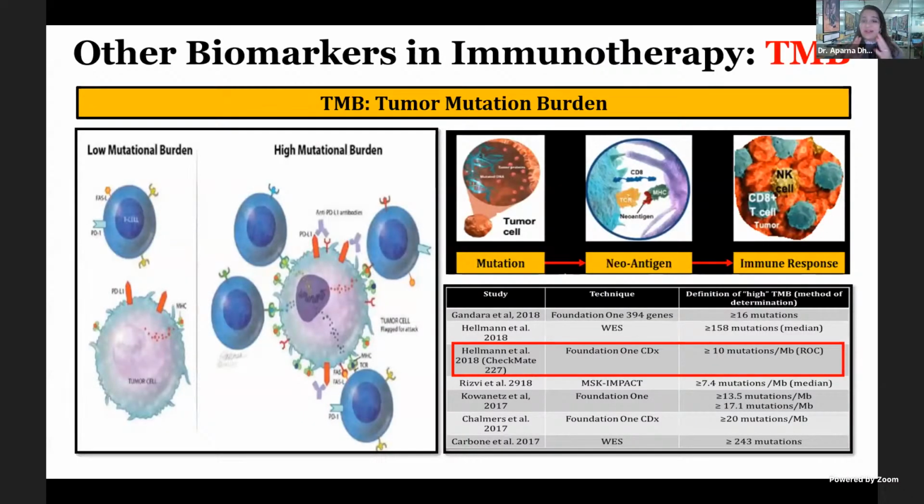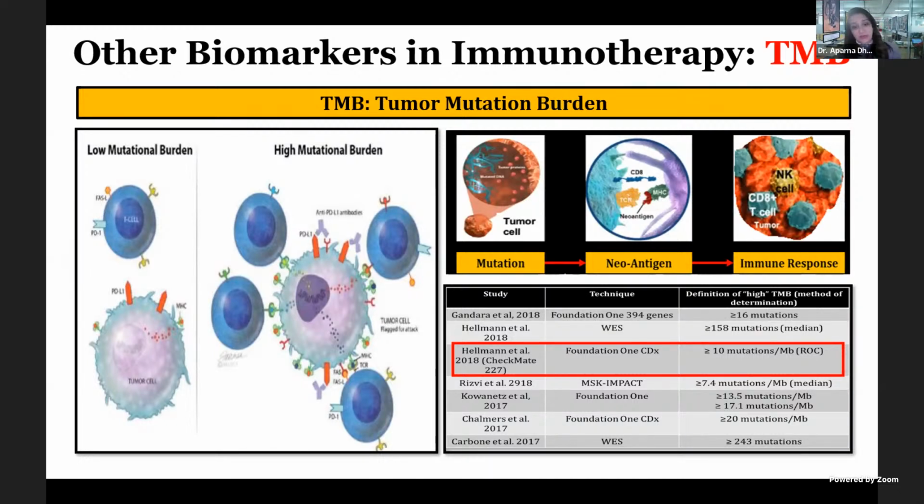The second biomarker, and for me, this is slightly controversial in lung cancer, is tumor mutation burden. The key concept over here, the key theory behind this is that every cancer has a mutation. The more the mutation, higher the neoantigen load and possibly a better immune response. So in a lab, on a minimum of a 250 gene panel, you look at the number of genetic aberrations in the genomic region, in the exonic region. And this gives you an indirect idea whether or not the tumor you're dealing with has a high neoantigen load